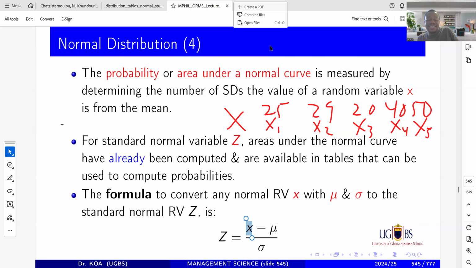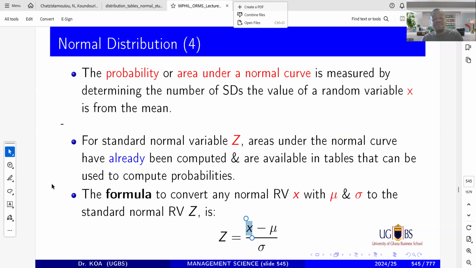So the capital X is a random variable for all of them. But the small x is one of them. So now we can convert each one of these random variables into a z value, as long as we know the mean and the standard deviation of the entire distribution. If you know it, you're good to go. And we know it, because whatever question it is, you will get to know it. You can always find the mean and standard deviation of anything, as long as you have a series.